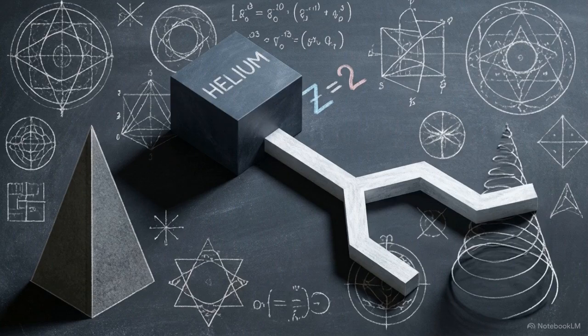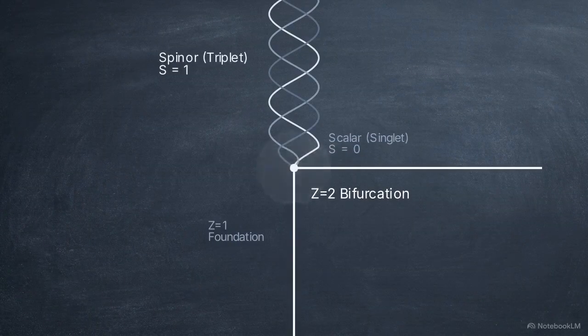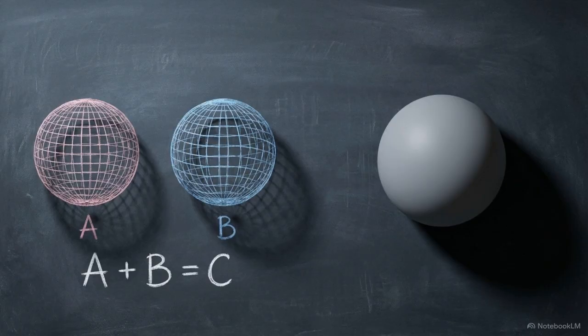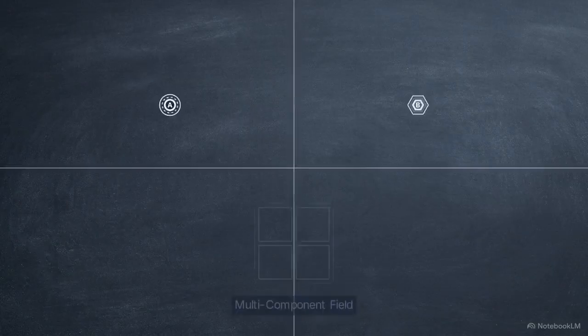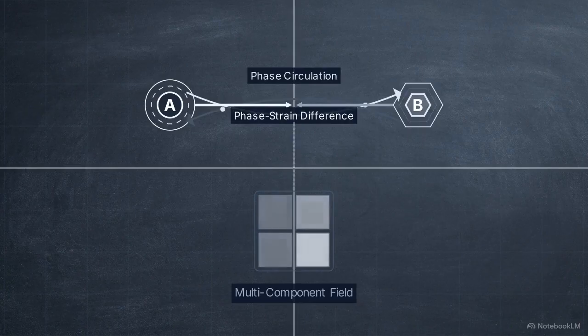To build an accurate topological model of the periodic table, we must map the first twist bifurcation properly. That requires activating this latent Spinor channel directly within the Z equals 2 geometry. Reducing a paired system exclusively to scalar arithmetic strips away the precise directional relationship between the coupled entities. To model how phase relationships actively maintain themselves, establishing a multi-component coherence field is mandatory.